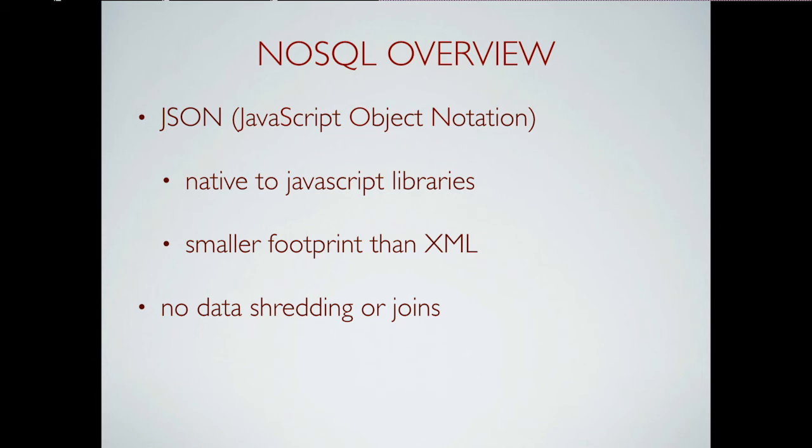As opposed to SQL, right? We've got T-SQL to store our data, we've got JavaScript in the front end, we've got HTML, we've got all kinds of stuff. And then it's a smaller footprint than XML. Again, this was developed probably 10 or 15 years ago. In my experience, XML is about 30% larger than JSON. And this becomes really critical when you're dealing with mobile applications or web applications, right? Where the bandwidth, the pipe, is much smaller.